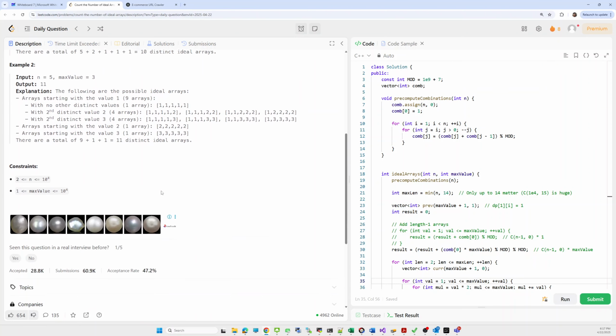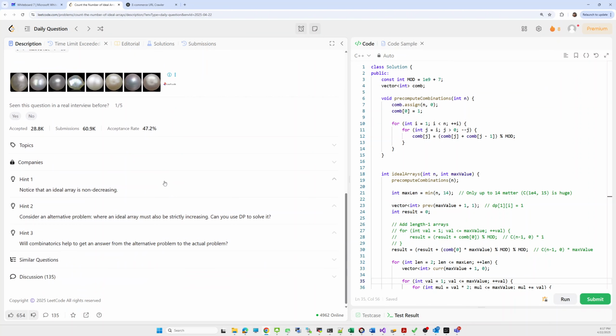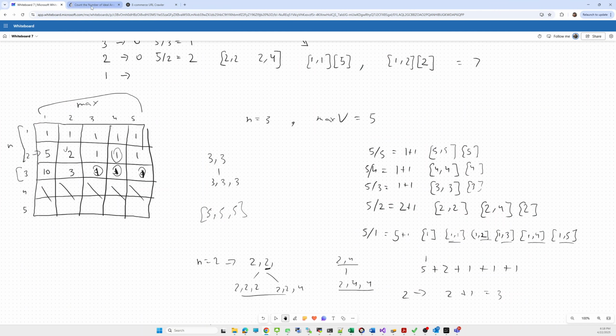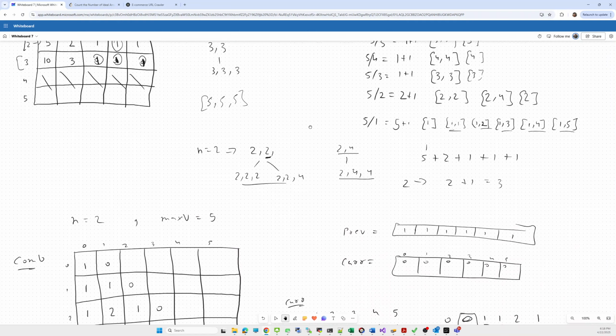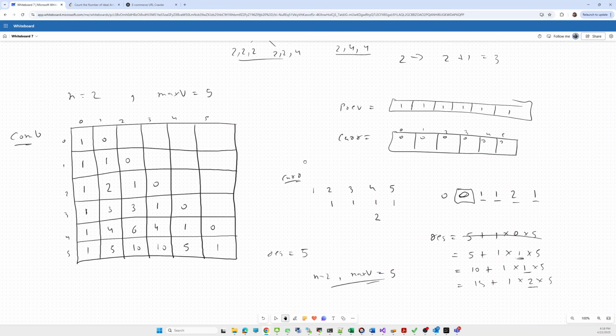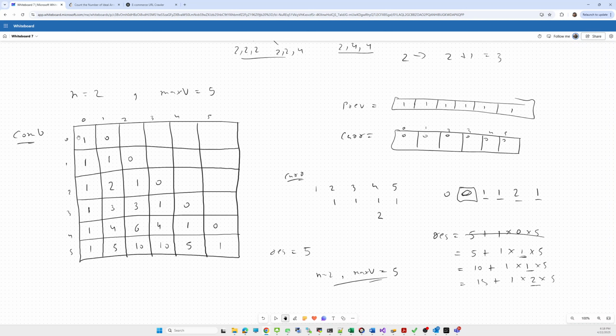Then I jumped on to the hint part. So I checked what I have to do. He suggested to just use the help of combinatorics to get the answer. Okay, so let me try to illustrate what he suggested. We have to find, using n, the number of pairs, and for size n, how many pairs we can form.